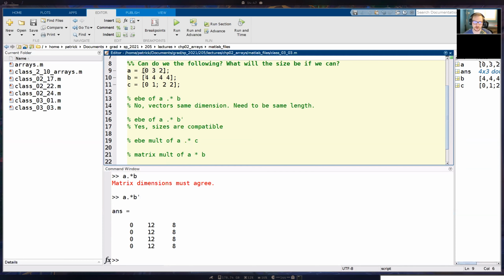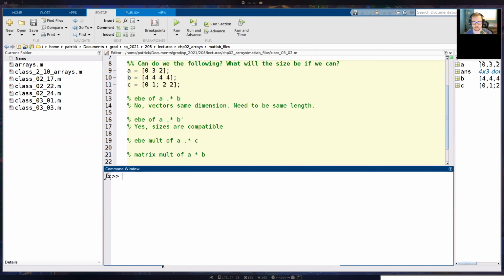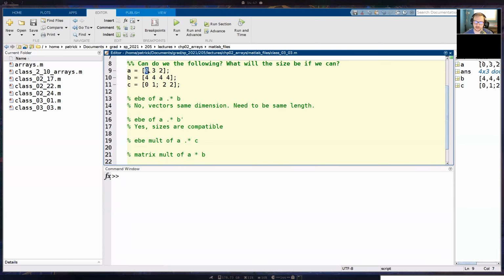Yes, I'm going to go back to the beginning and go over the first one more time. This first one has two row vectors, A and B, and we're trying to do element by element multiplication. When doing an element by element operation, MATLAB wants one index working on another index. So it multiplies the first index in A by the first index in B. Good so far.